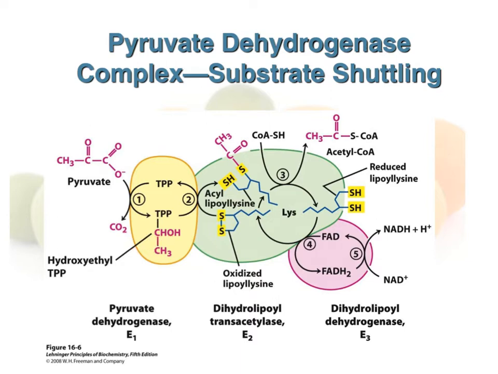I'm sure you'll probably forget that in the future as well. And then we remove the carbon dioxide. But we have to regenerate it. We haven't made acetyl-CoA yet. So the second portion of this complex is the dihydrolipoyl transacetylase. That tells you it's going to be transferring an acetyl group, and it's transferring the acetyl group to a dihydrolipoyl group. Okay, this is a mouthful, but this is the oxidized form, and this is the reduced form of